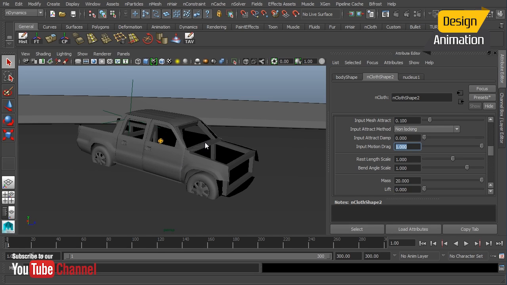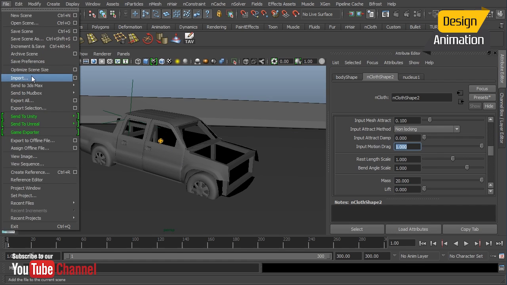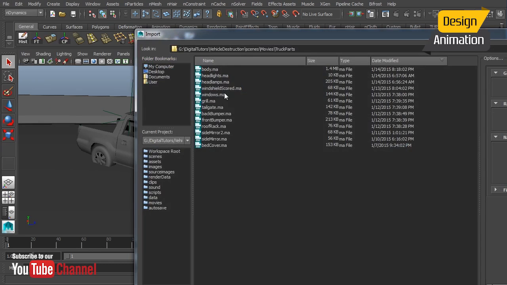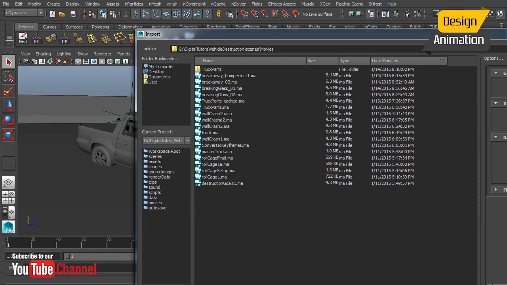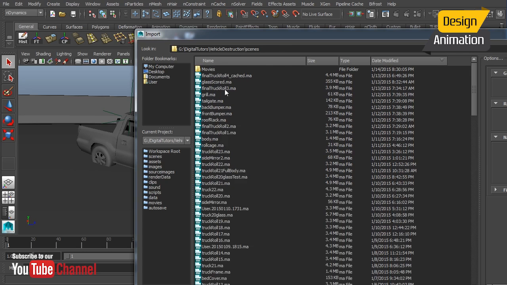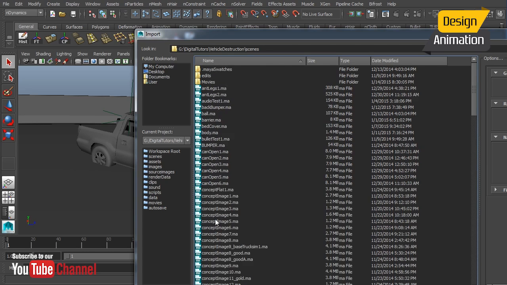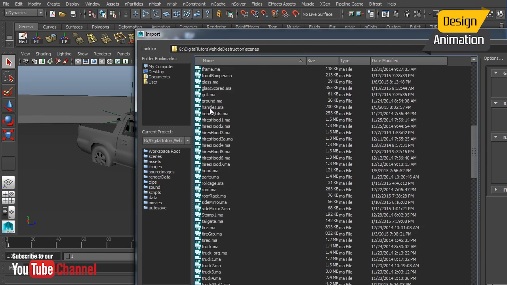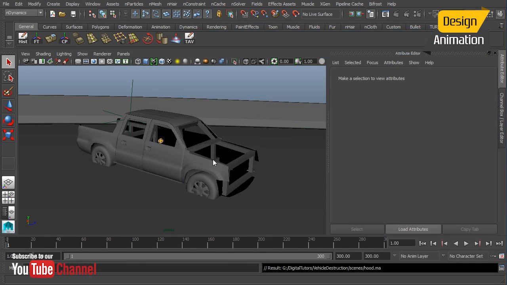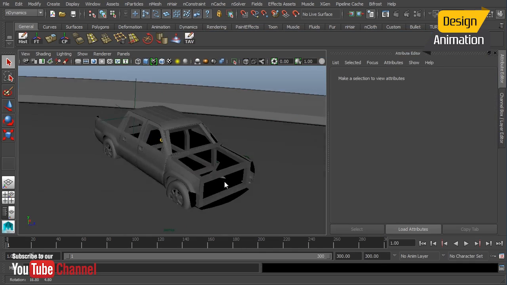Now, the truck isn't very finished here. We've got lots of other parts that we want to add to this. I'm going to go ahead and just bring in one more piece. And let's import, let's do the hood. And we'll go up a directory, see if we can find this piece here. Way too many pieces and parts. There we go. Okay, and the hood pops in there,